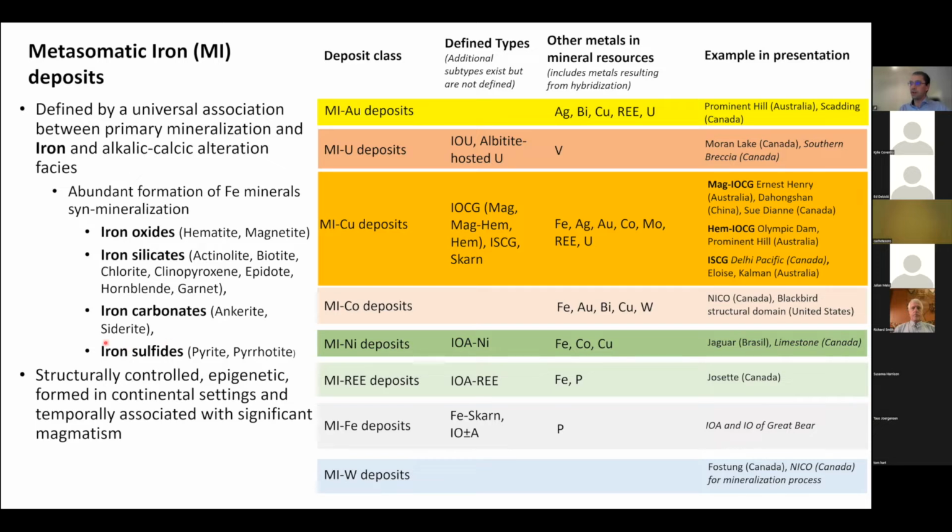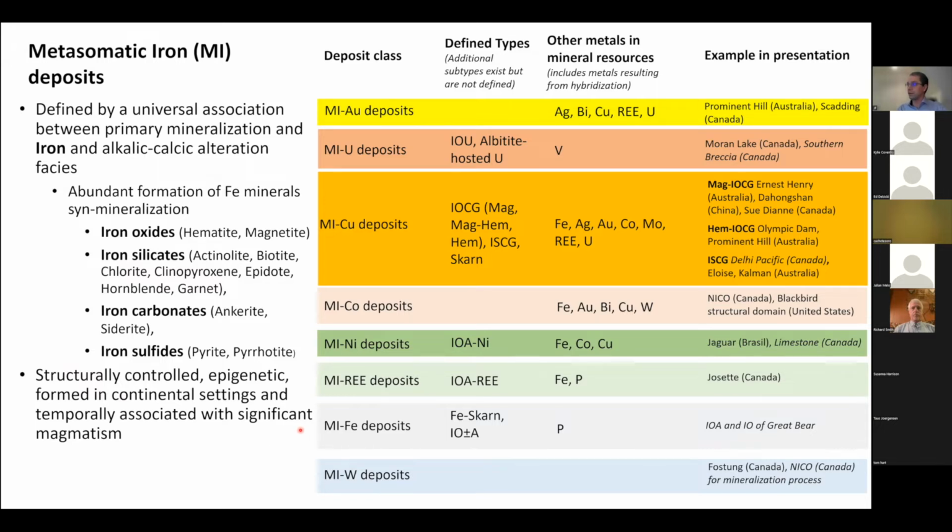For example, geological provinces that have a lot of graphitic schists seem to preferentially form, in certain instances, iron sulfide mineralization instead of iron oxide mineralization, because the graphitic schists provide this reducing environment, and commonly sulfides are precipitated within them that can be incorporated in the fluids and then preferentially stabilize the formation of iron sulfides instead of iron oxides. These deposits would be structurally controlled, epigenetic, form in continental settings, and be temporally, not necessarily closely spatially, associated with significant magmatism.